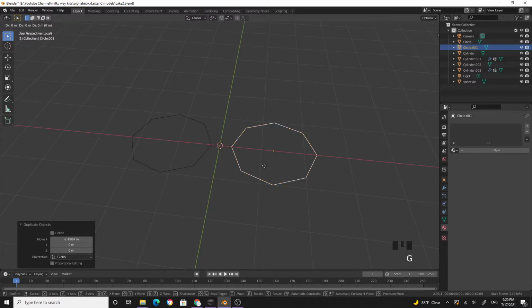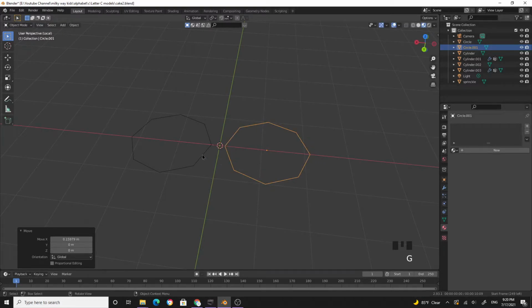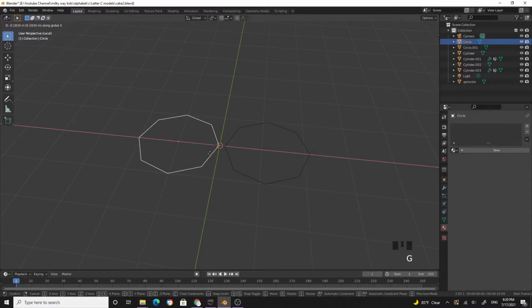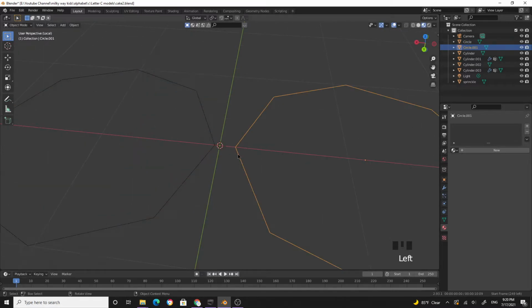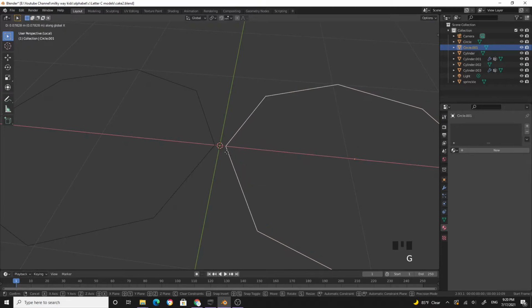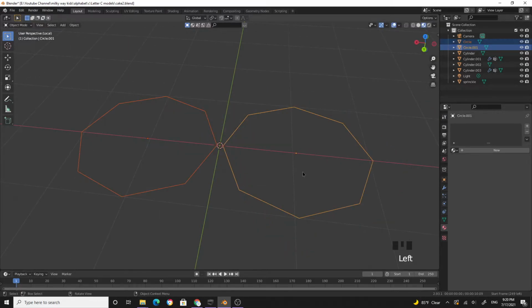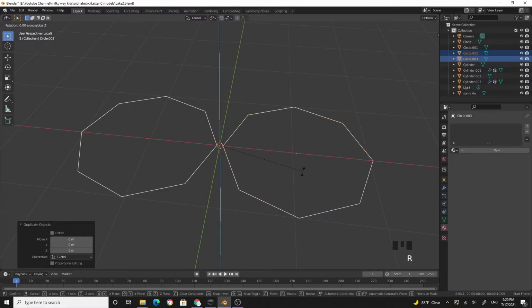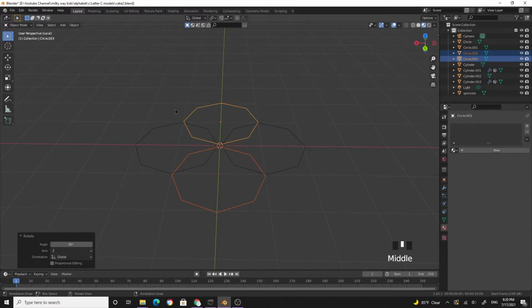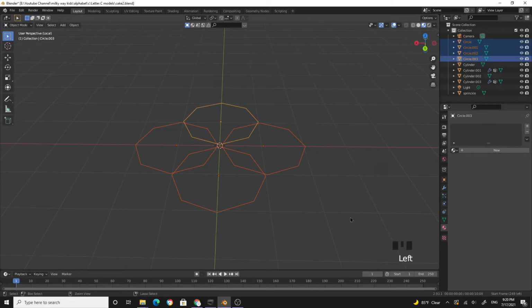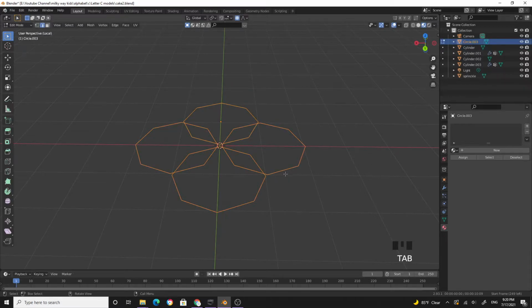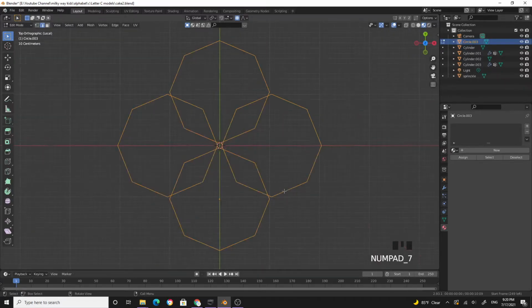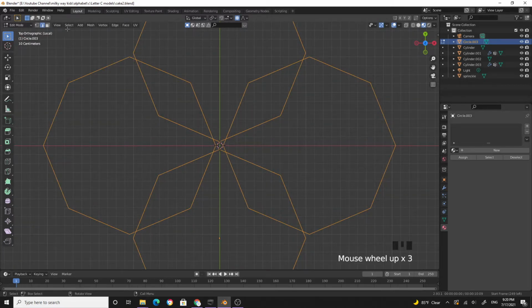Let's get it, grab along X somewhere here, doesn't have to be too precise. Now select both of them, Shift D, right click, rotate along the Z-axis 90 degrees, right? Now combine all these. Control J to combine, Tab into edit mode, go to the top view, numpad 7, vertex selection mode,